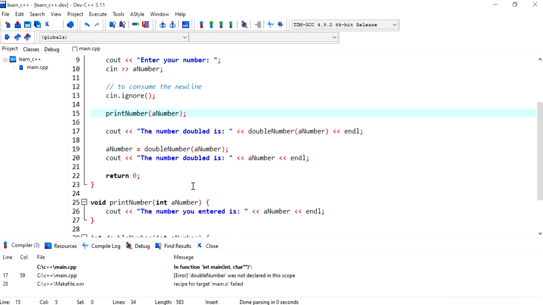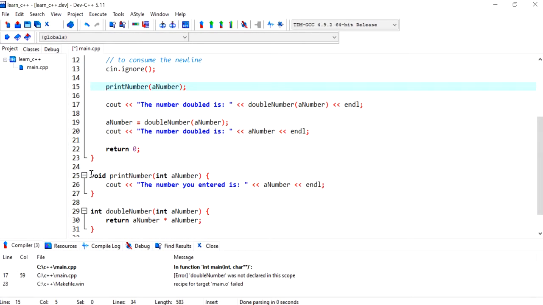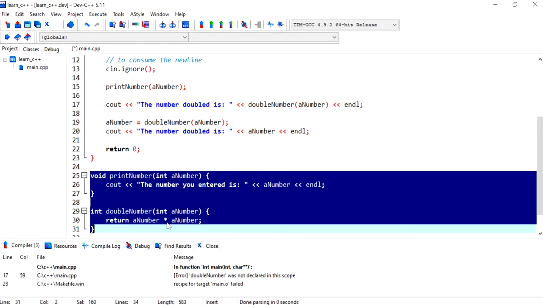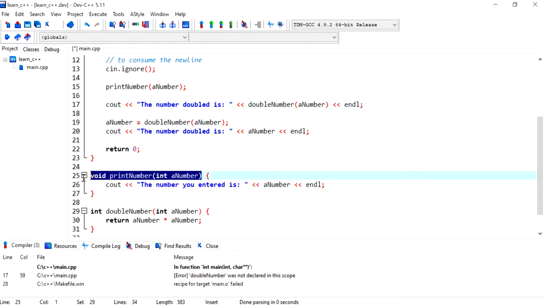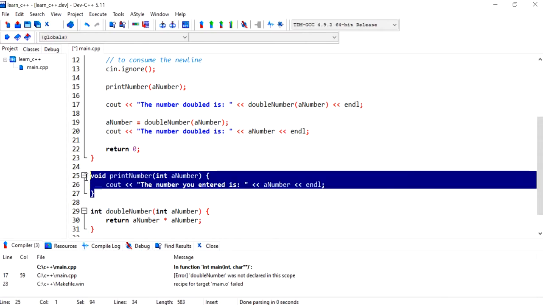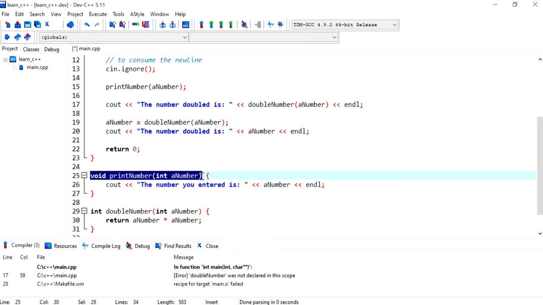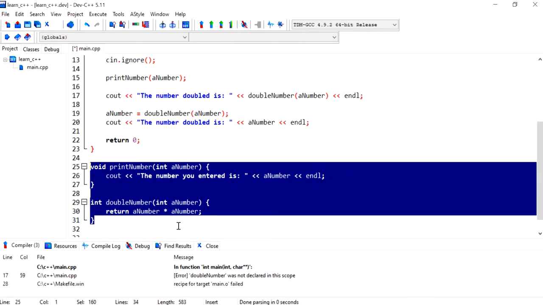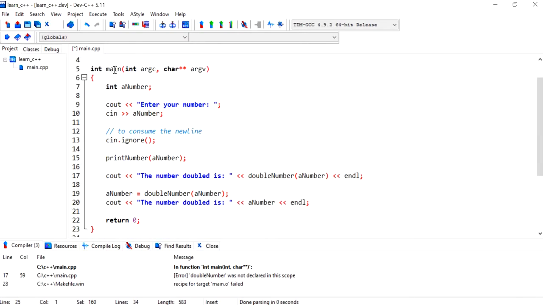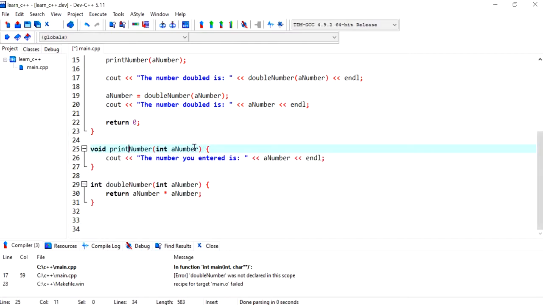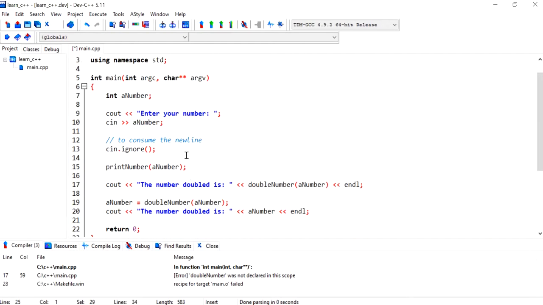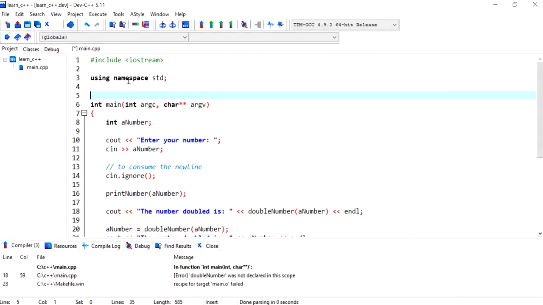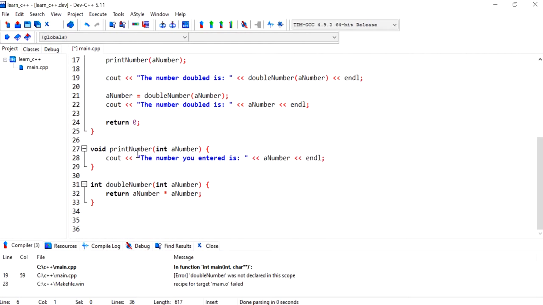So to let the compiler know, and let's say you prefer this way of putting the functions below the main, which is also my preference, I would have to put the function declaration. So this function over here is composed of a function declaration, this part, and a function definition, this part. So you keep the functions, the whole thing, exactly as they are if you want to place them after the main function, but then you would need to take the declaration and put it before the main function, just to let the compiler know that we have these functions defined